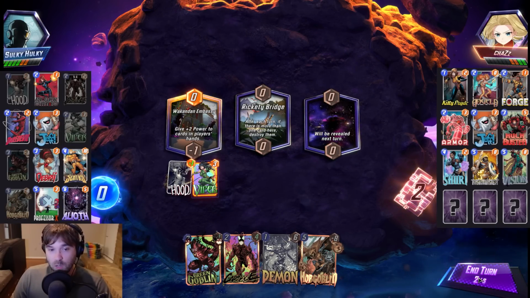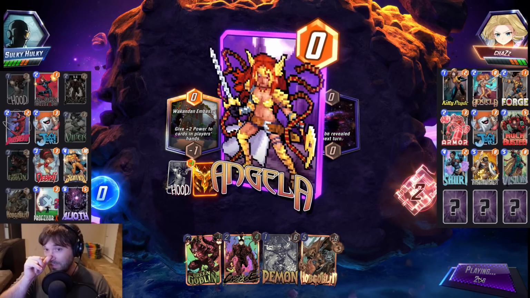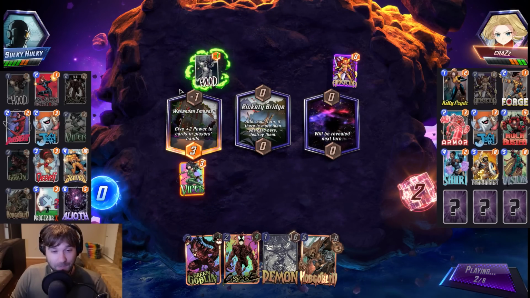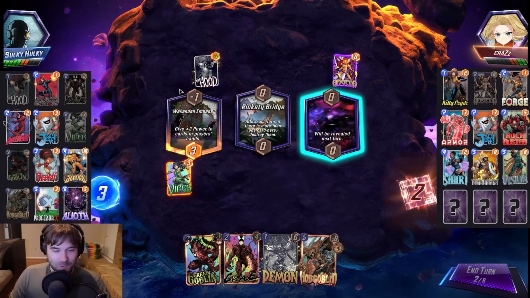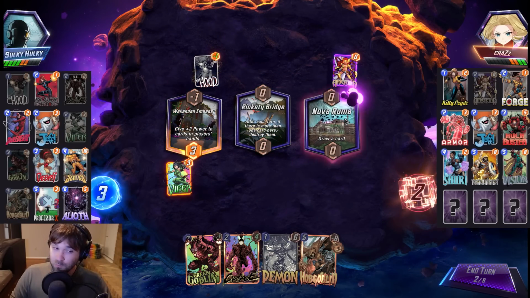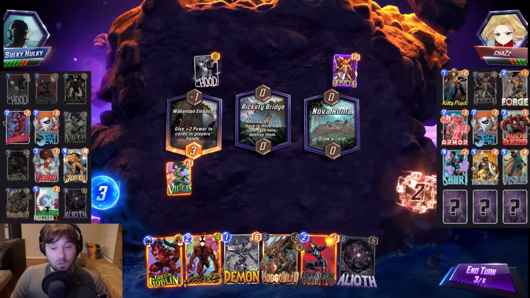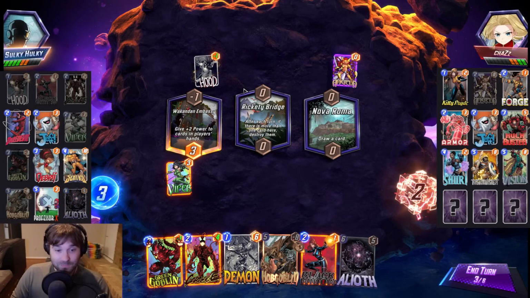Let's go ahead and go with Viper in the left lane. If they haven't played Kitty Pryde yet. If they do have it, then they can stop us from potentially completely capping them out. But I want to play there for now. Nova Roma gives us the ability to draw an extra card, them as well. We get the Black Widow, which is not going to be great in this particular game because